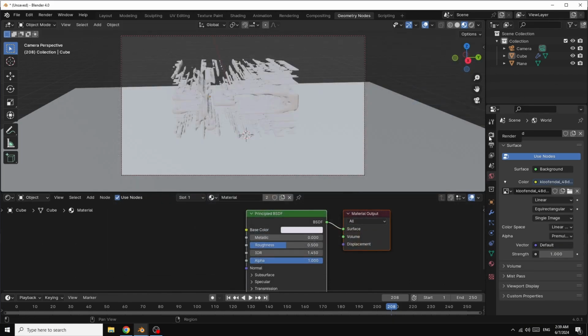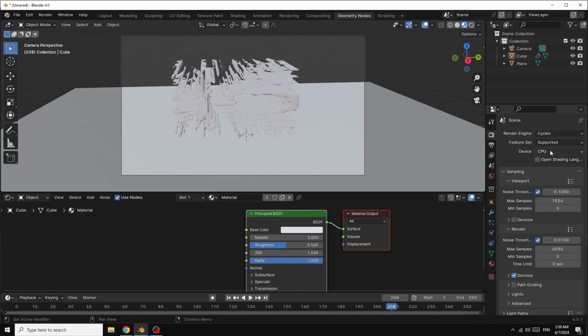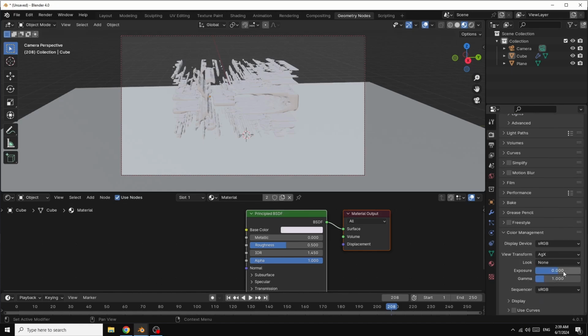Now go here in Render Properties, switch to Cycles, activate GPU if you have one. Here decrease the number as always to 32, and here I give it 100. And now go here in Color Management, and here select High Contrast.